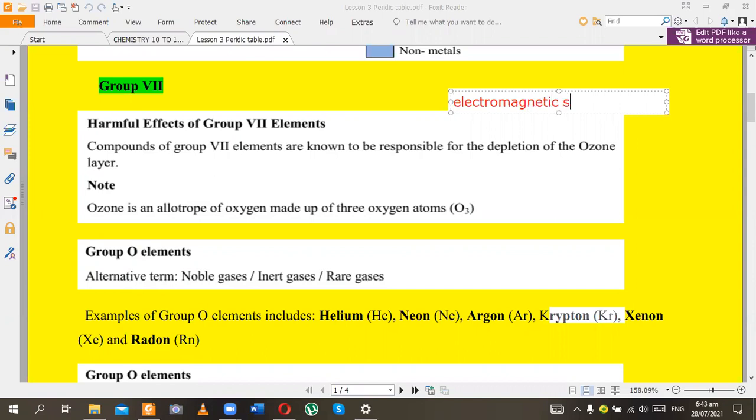Electromagnetic spectrum. I believe you've heard of it. This is a band of components that are present in the light. Now you see, from the sun we have 7 components, and those 7 components are the ones